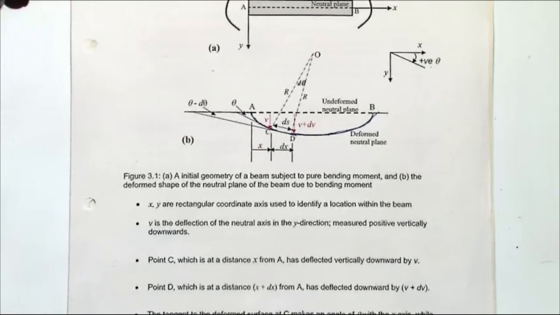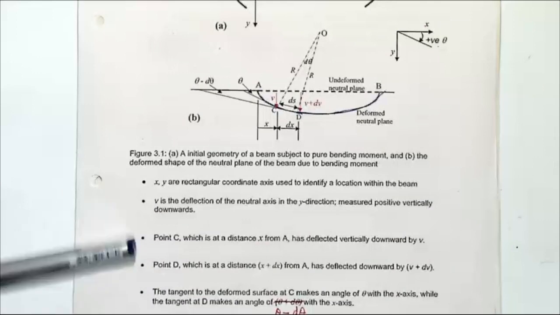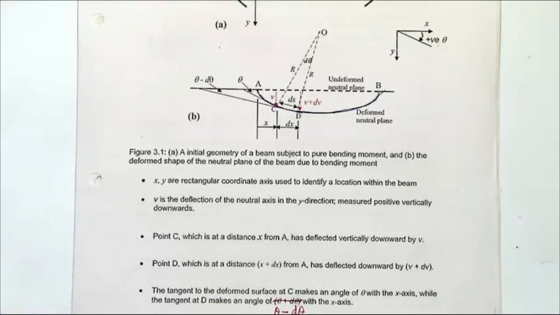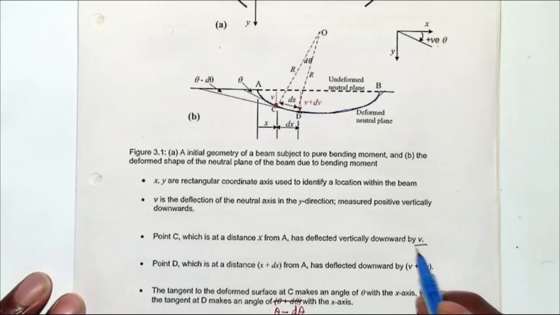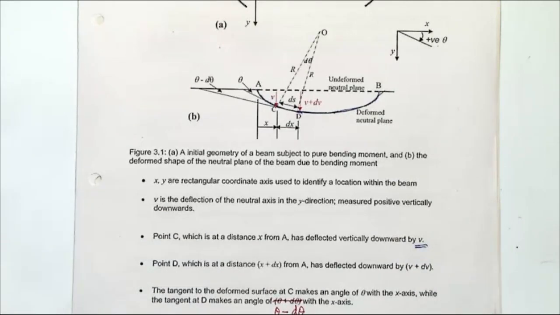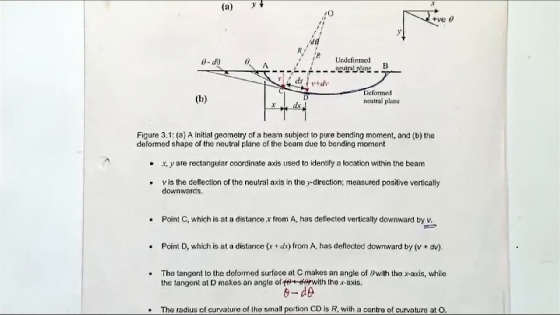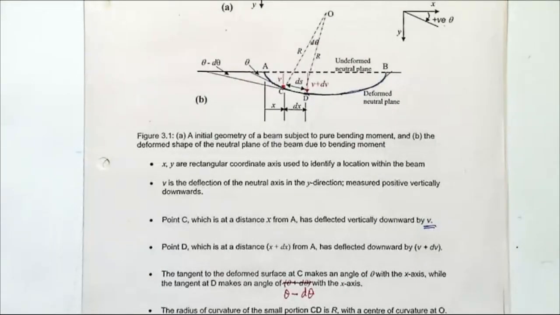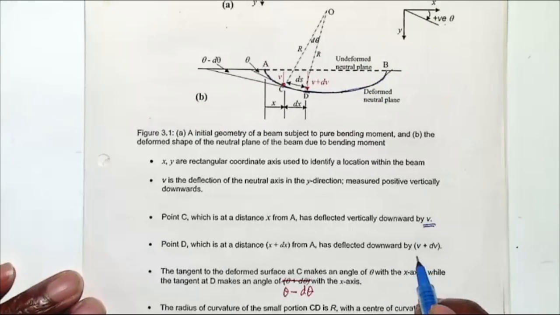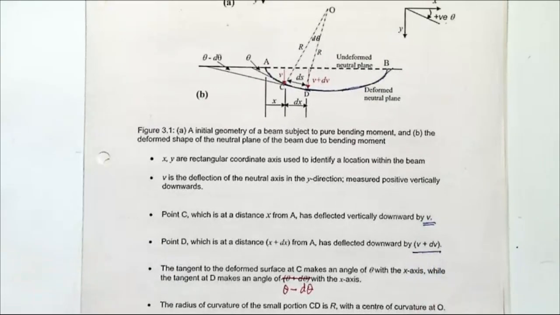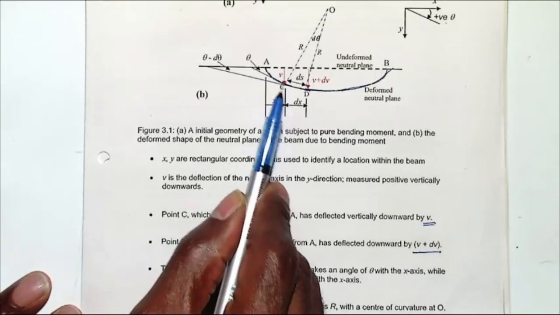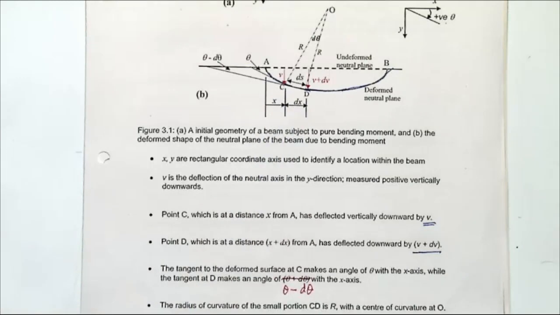So point C is at a distance x initially, and it has moved down by a distance v. v is the actual displacement that we are trying to find, and we want to find that in terms of the magnitude of the bending moment. Point D, which is at a distance x plus dx, has moved down by another amount, v plus dv, as shown in that particular diagram. And the arc between them has got a length of ds. So the diagram is